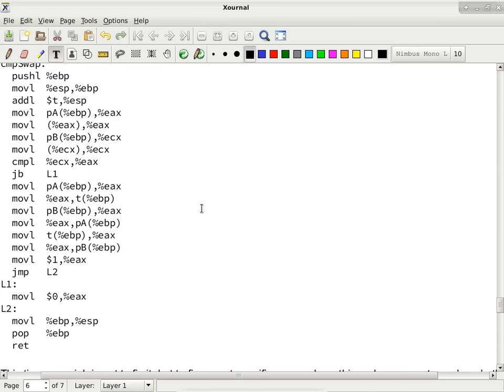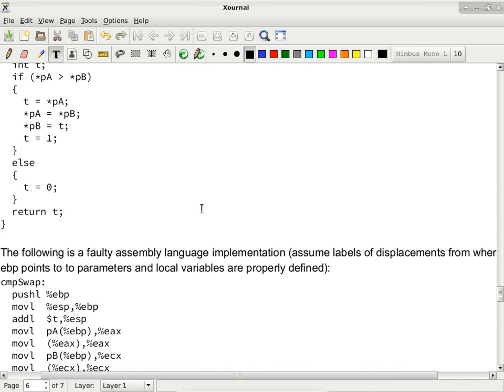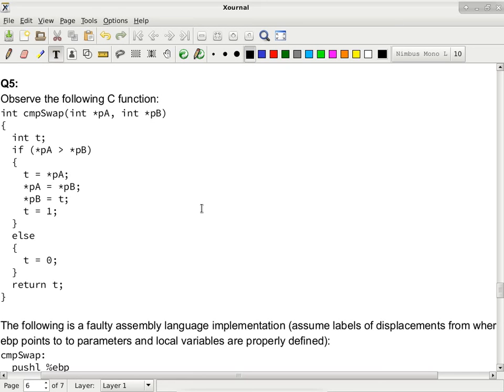Okay, so we'll go back to this code and take a look at both the C code and the assembly code. So this is the C code. We just have to understand the C code first, and then we'll go to the assembly code. The types are important. Int, okay? They're signed. Signed is important when you're comparing for ordering, the greater than, as opposed to equal to or not equal to. Greater than means you have to use the correct